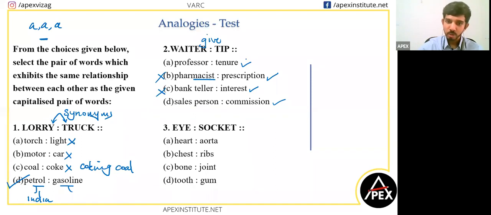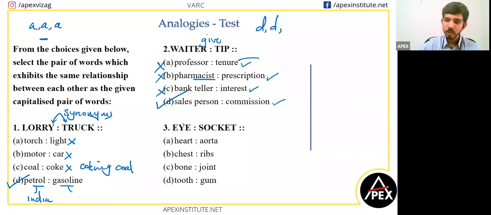And professor and tenure is not okay because this is not related to money. It can be given for his efforts, but you're giving him tenure for life. Tenure is when a professor gets a seat in a college, permanent employment, until he dies, or he retires. So he can't be fired otherwise. So this is also incorrect. A salesperson is given a commission for his service. This is additional money which you give because you were impressed by his service. So we have D, D for the first two.